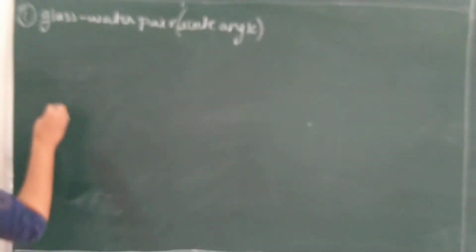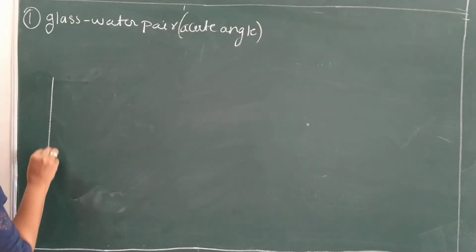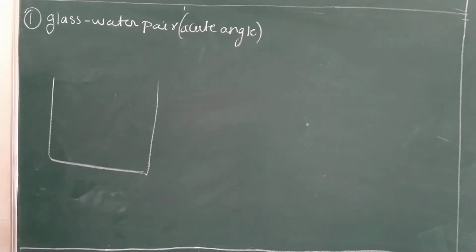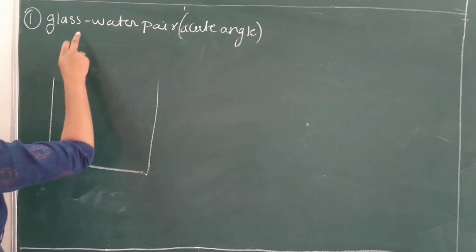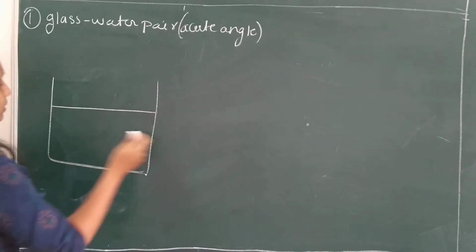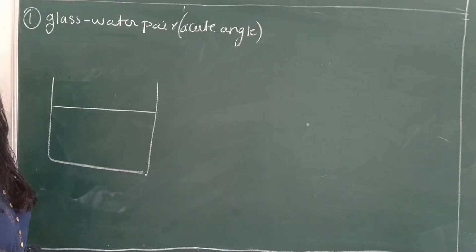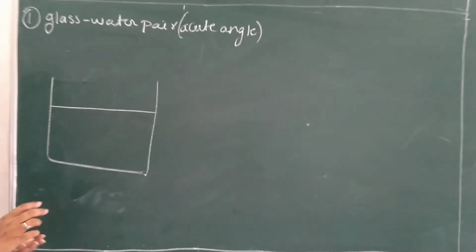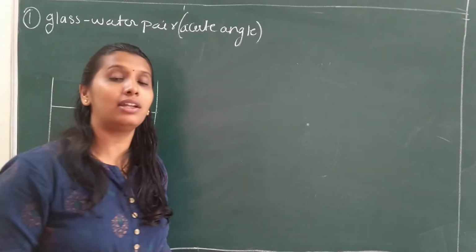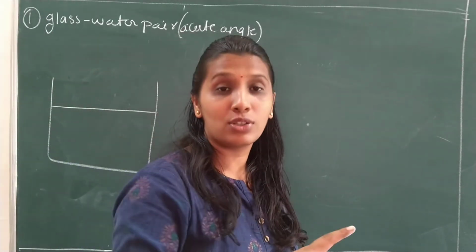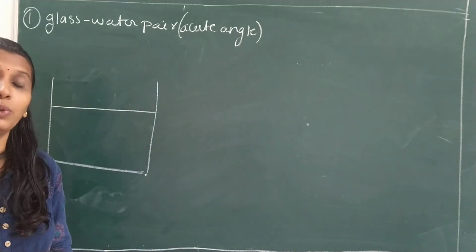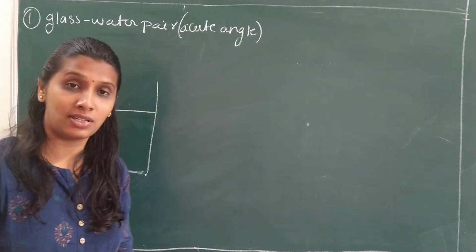So see here what happens exactly. Suppose this is my glass beaker, filled with a liquid, say water. So say this is all my water. This is the surface of water. Now what happened exactly? Last time in molecular theory we have seen some types of forces. I will again revise it. We have seen a cohesive force. Cohesive force was the force of attraction between the molecules of the same substance.